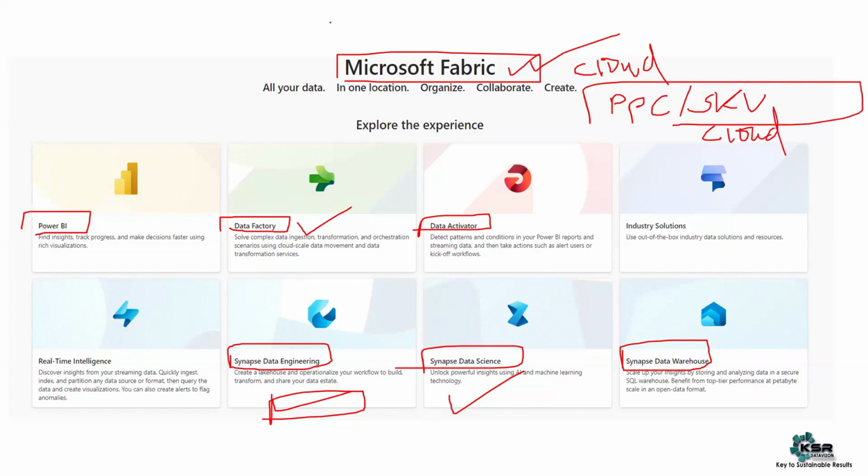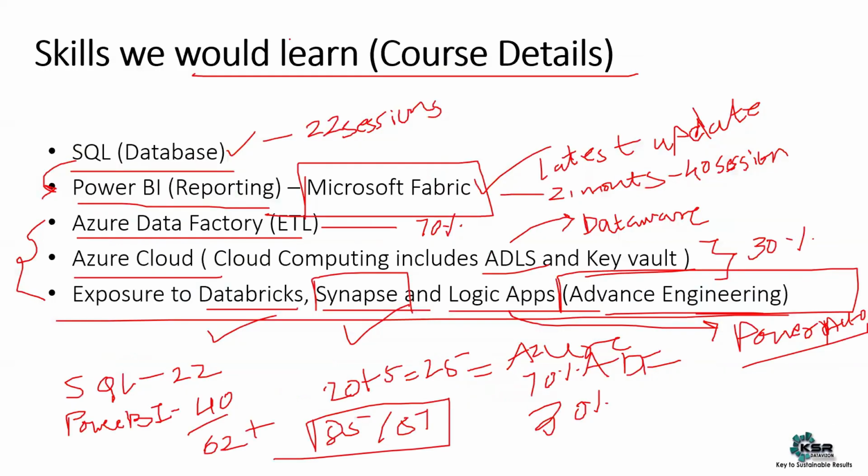So Fabric is also a product of cloud, but they have kept all the services integrated under one single umbrella, which is nothing but Microsoft Fabric. Right? So we would be covering all this along with Power BI, Microsoft Fabric, which is the current market or latest update. Fabric is not completely available in the market now. There are many services which need development. As and when we proceed further, you would get more idea what this Fabric is, what are the limitations, and how you can use this Fabric.